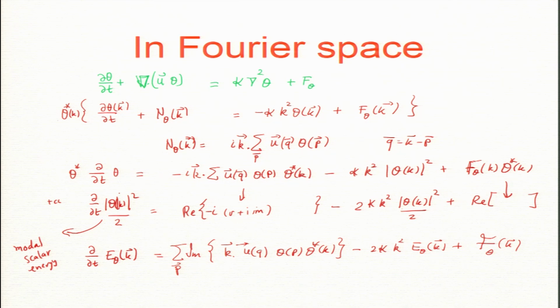So, we can do some more work, but since I want to speed up a bit, I will write only till here. I mean, you can also define how theta changes the helicity of the velocity field. Okay. Now, all that part I will skip, but let us focus on E theta, mode to mode flux, and what does flux do. So, mode to mode scalar energy transfer, because what about mode to mode kinetic energy transfer? Will it be same or different when I put ink?